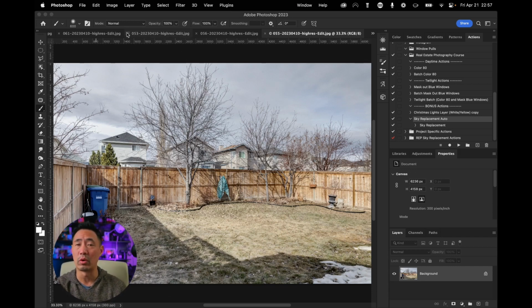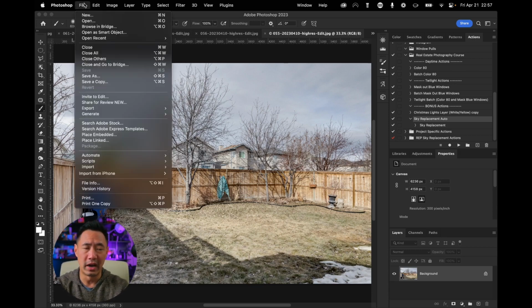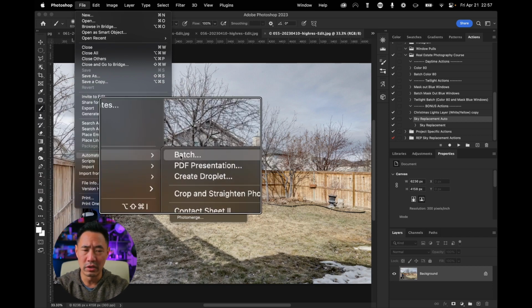But now what about the rest? Do I want to go through and do the same thing? No. So here's how we do it. We're going to go to File, and then scroll down to Automate. Go over now to Batch,